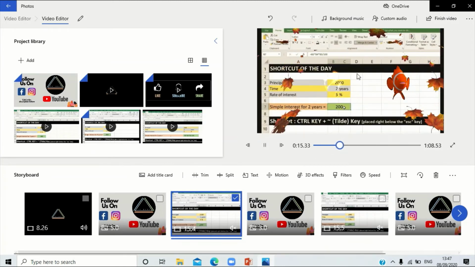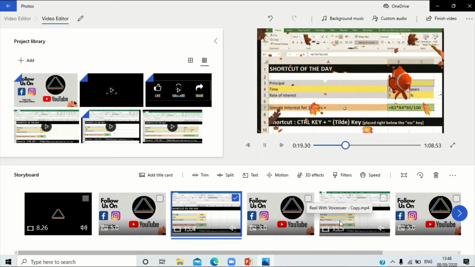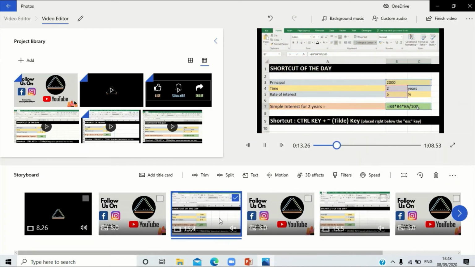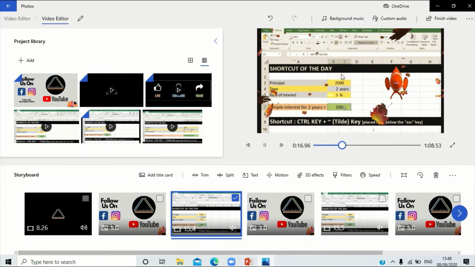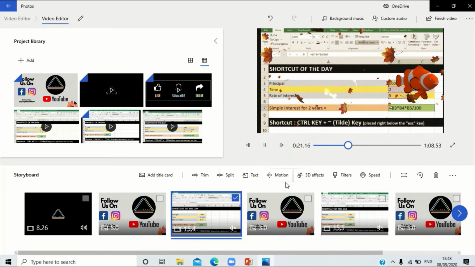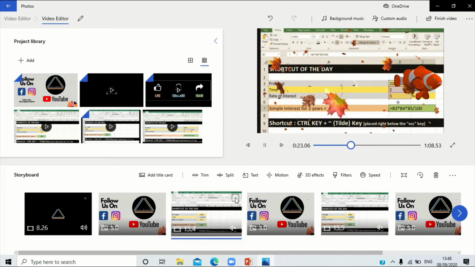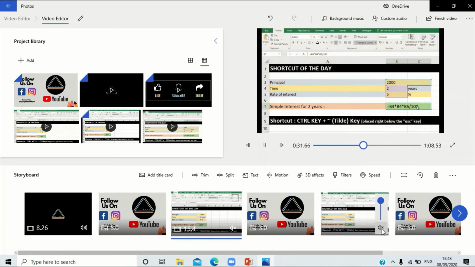I have the leaves and I have an adventure effect, which is not the color combination as is here. So I have the adventure effect in place here, and I have the fish and I have this. So everything is going on at the same time. You don't need to use it at the same time, but you can make use of this. And these are all the options that you have.